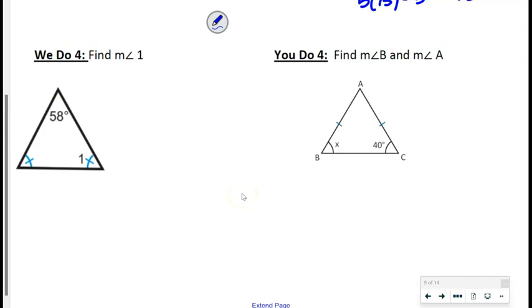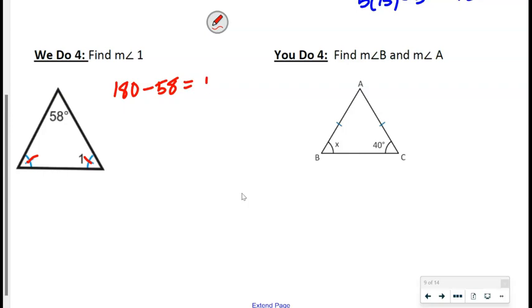Okay. This one we do a little bit differently, right? Because we have the base angles are congruent. It shows us that in the diagram, right? It shows us that this angle is congruent with this angle. But we now have the top angle. So we're going to do 180 minus that 58 to figure out what that is, and then we're going to divide that by 2. So when we do that,